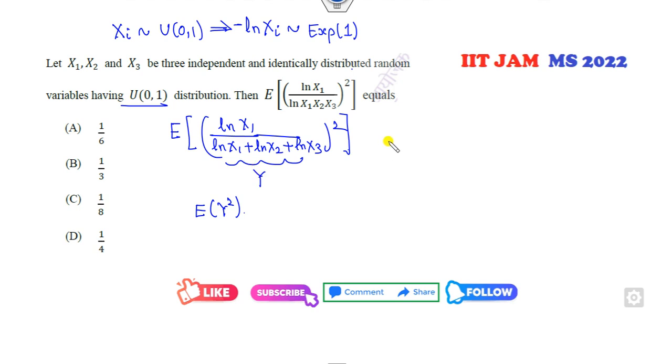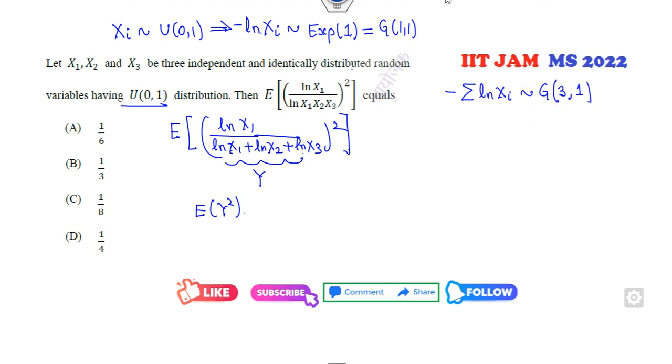If I say how you can find that? Okay, ln of this, the sum. Then the summation of ln of xi, because it's an exponential distribution, the sum will follow the gamma distribution with the how many? 3 comma 1. Fine. So the denominator is a gamma distribution. But the numerator is my exponential, so this is my gamma. So for the ratio of the two gamma distributions, we can't say anything. Fine. So what I can do is,